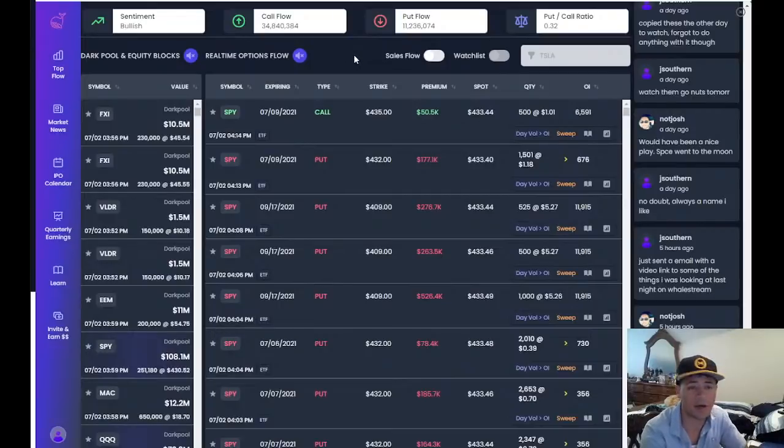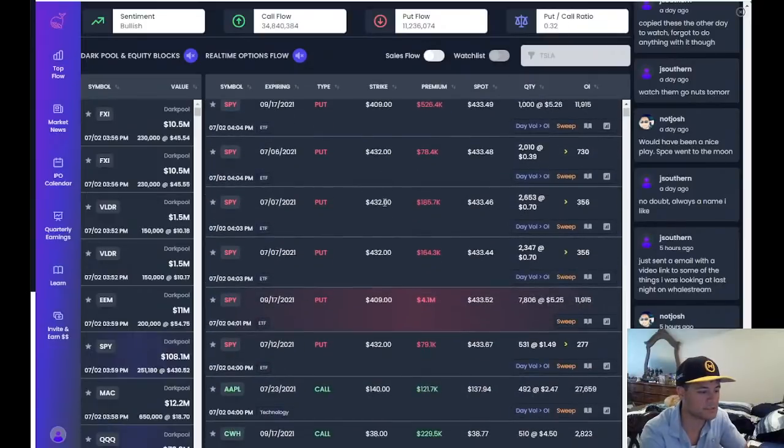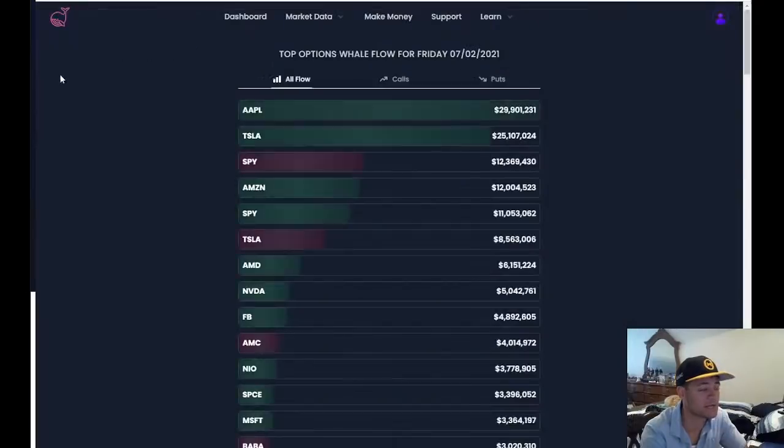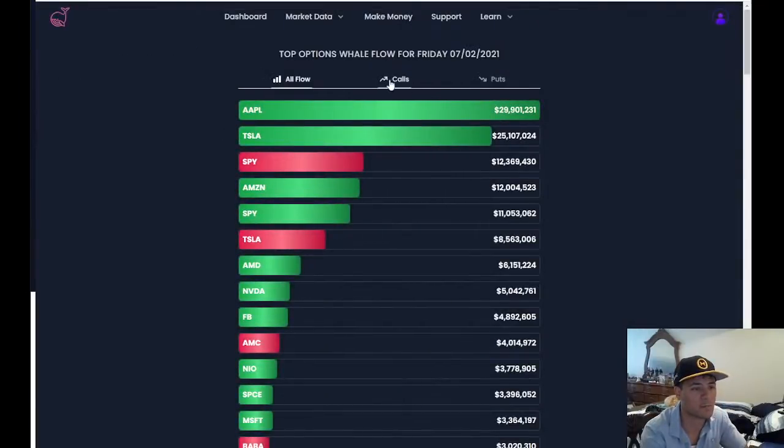I mean, some things here are obvious. We're looking at Tesla here right now. We've got a lot more calls than puts in the game. Sentiment is bullish. Okay, I like that. We've got twice as many calls as we have puts. But what do I do with this information? And I'm actually asking, I really don't actually know.